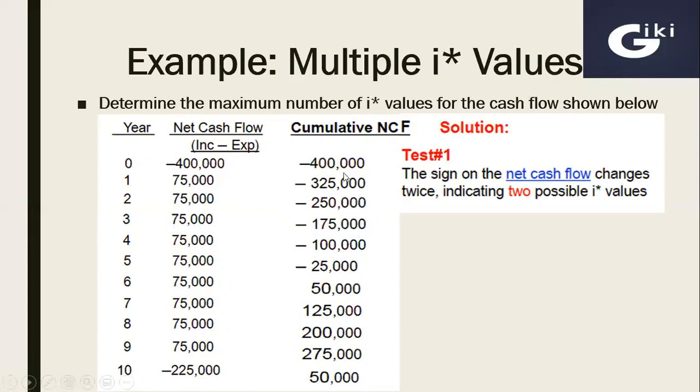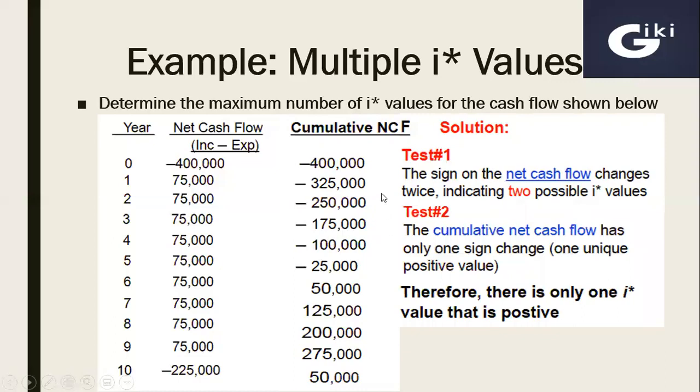Now we need to consider the Norstrom criterion, which says that net cumulative cash flow should start off negatively and sign change should be only 1. So this criterion is applicable. Cumulative net cash flow starts off negatively and the sign is changed only one time. So it means we have only one positive ROR value. More than one are possible, but there will be only one positive and the other will be negative.